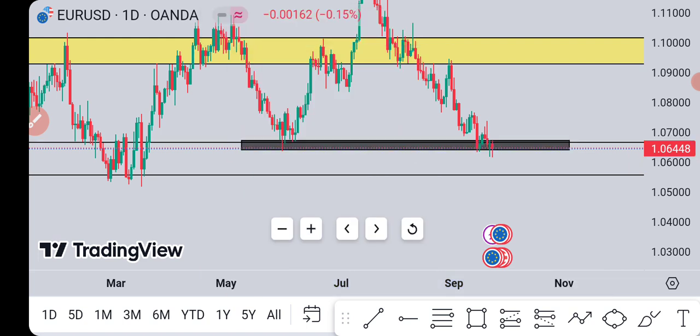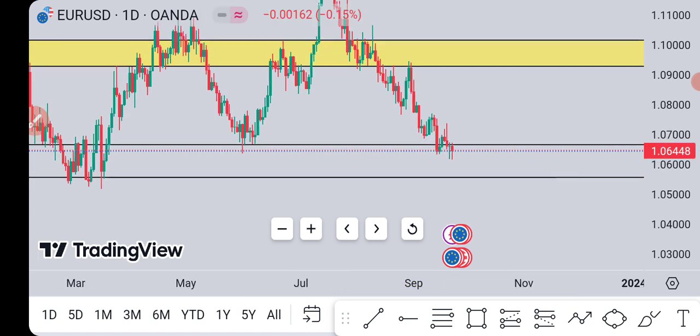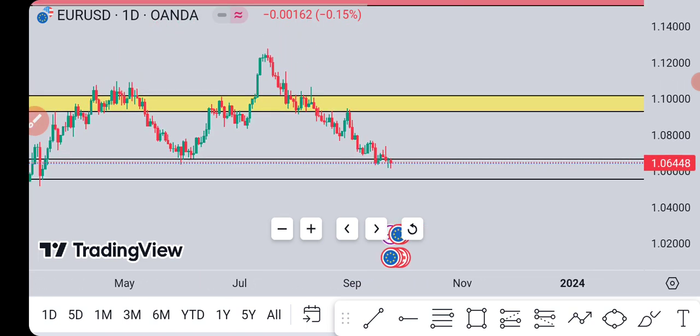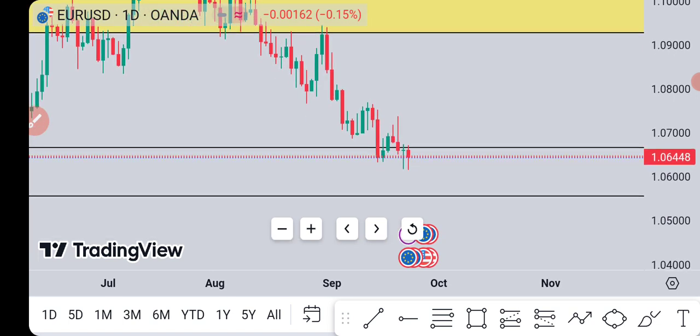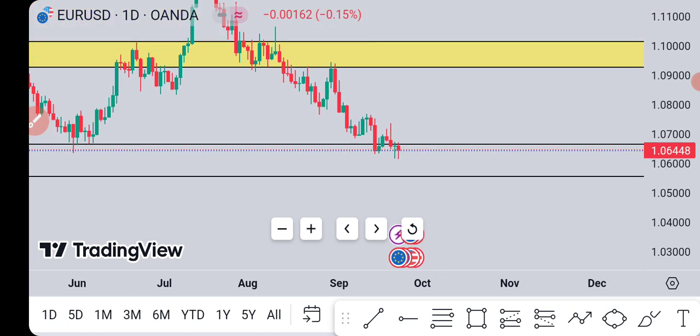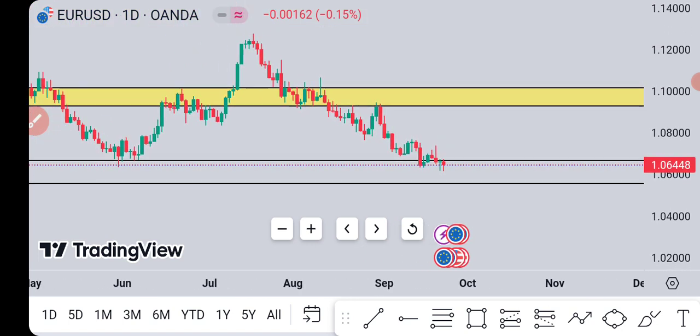Yes, they are currently testing overall support. So on the daily time frame, I'm not looking for selling opportunities again on this pair, because one, we are testing monthly support level, so we need a bullish price action to come into the game. Now